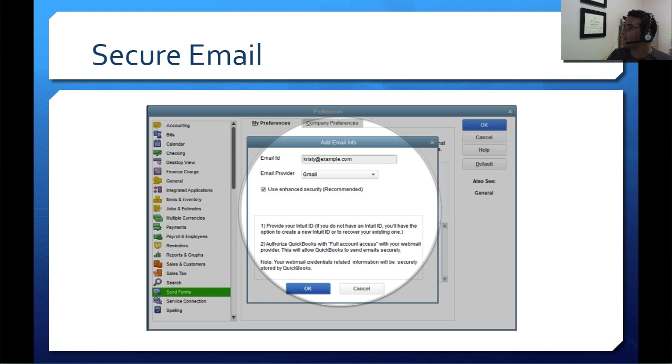Now, the other thing that they added was security enhancements to their webmail protocol. Before 2018, if you had Gmail or Hotmail and you were using QuickBooks to send invoices via Gmail or Hotmail, you actually had to go into your Gmail account and lower the security settings in order for it to work. Some folks don't even know how to do that, and it just doesn't work, and they basically gave up on it, or they're forced to use Outlook or something like that